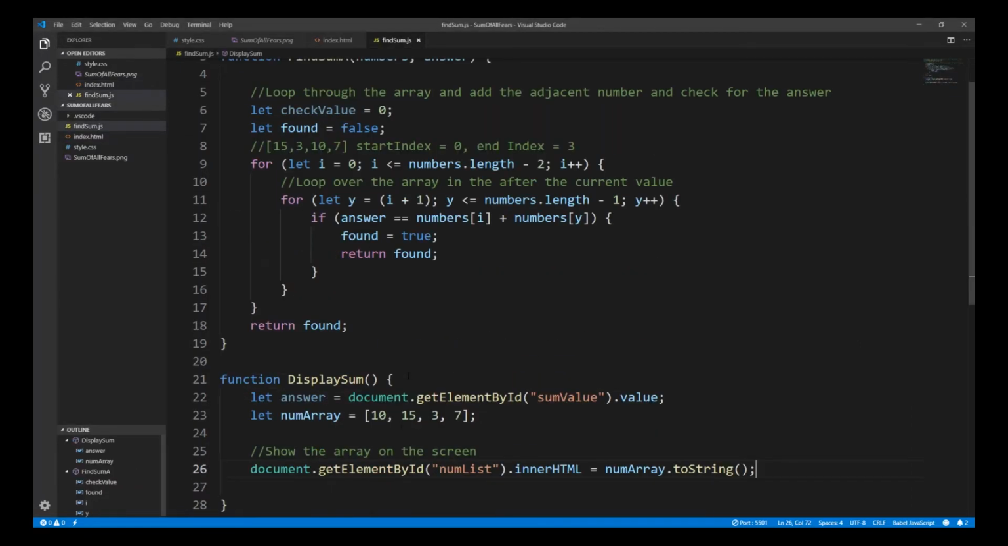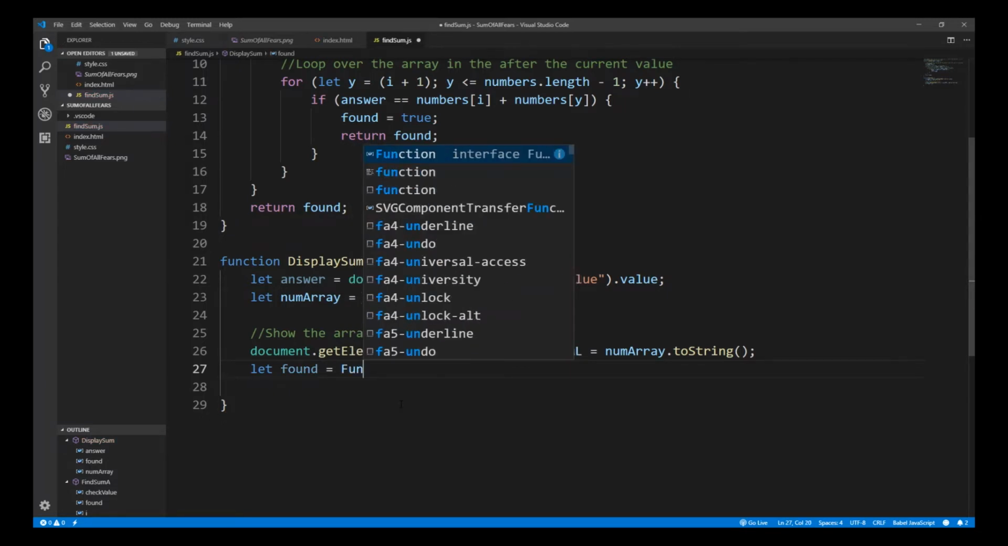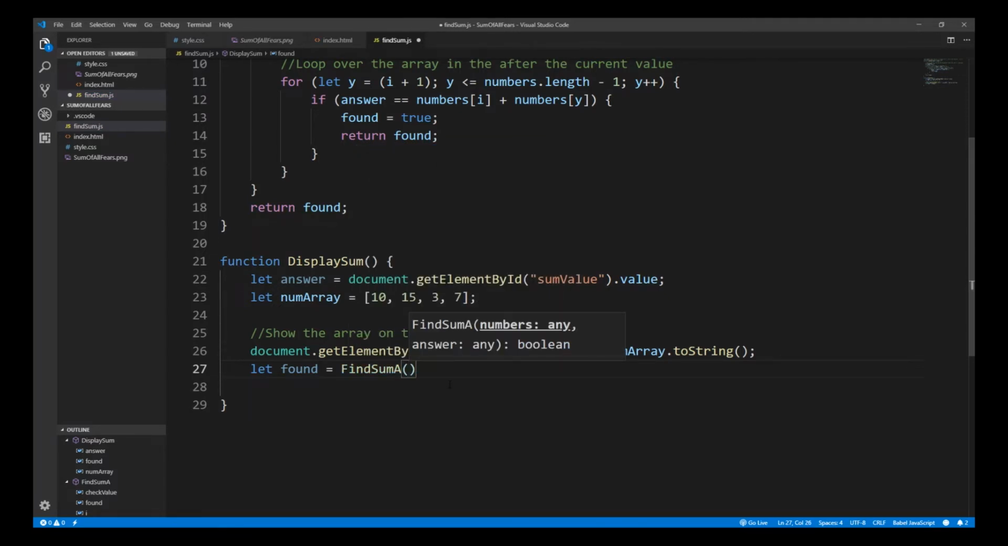All right, so let's go back to our JavaScript function. One of the things that we want to do is call our JavaScript function. We know our function is going to return a Boolean value, so we're going to set our found Boolean variable equal to the return of this function. It's going to be called findSumA. We know it takes some parameters. It's showing us here that we have some numbers and an answer. So we know that our numArray, which we just defined, and our answer, which we just got from our